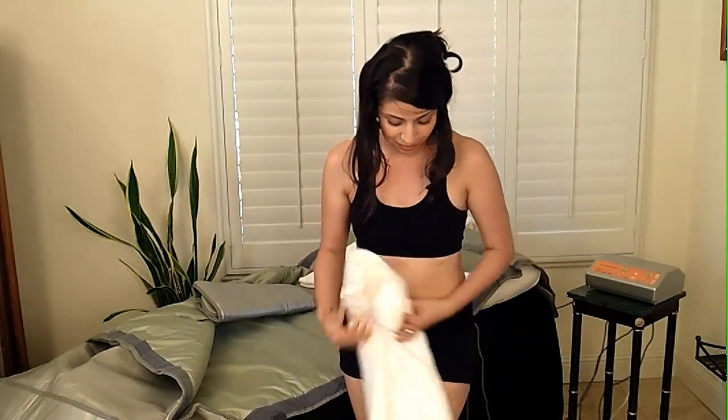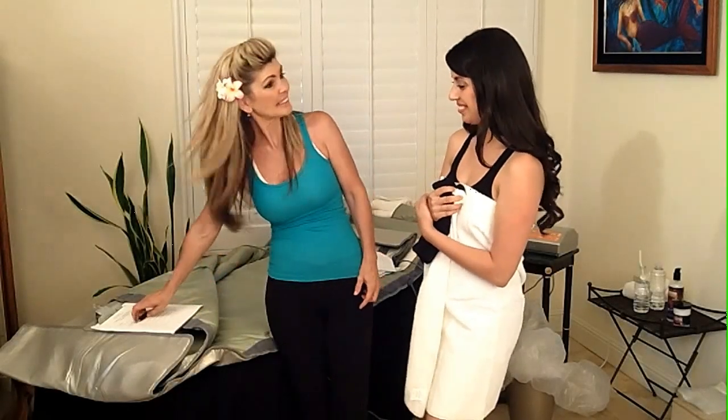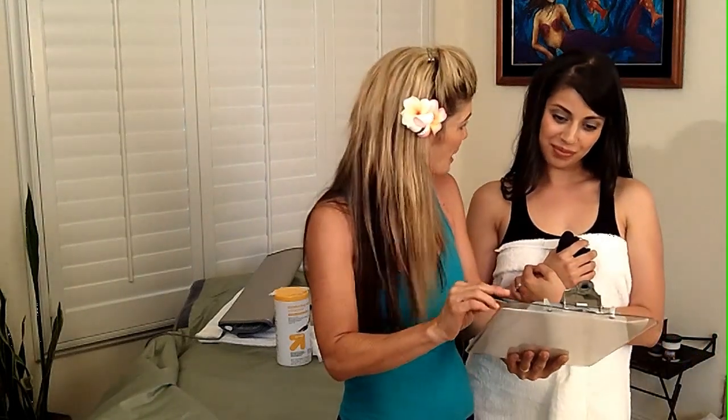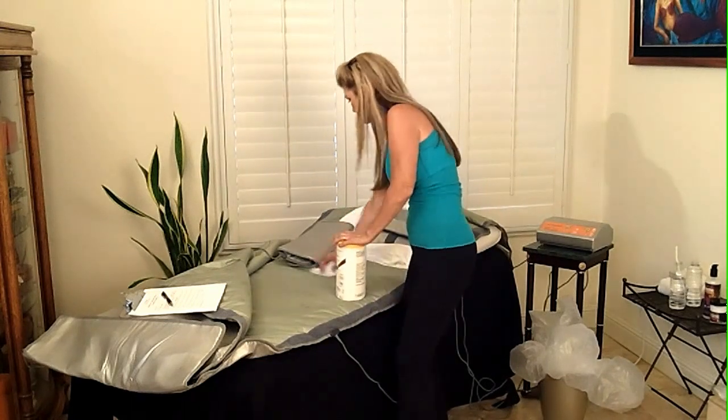Before your client leaves, ask about the overall experience and in particular if the blanket settings were comfortable, noting any changes necessary for their next visit on the client history form. This is a great way to ask if they would like to schedule their next infrared body wrap appointment with you before leaving. After the client leaves, you will wipe down the inside and outside of the infrared blanket and